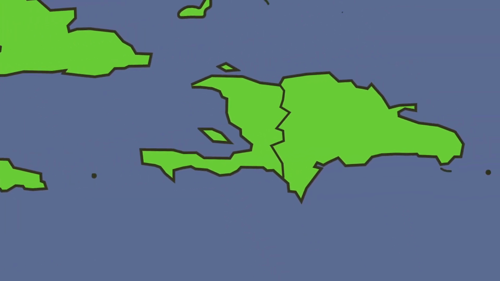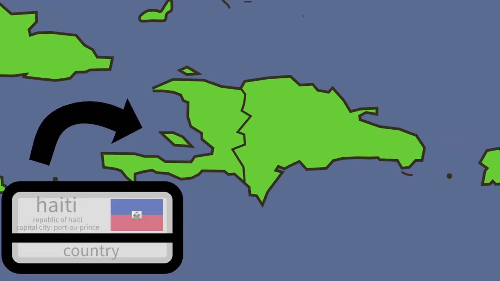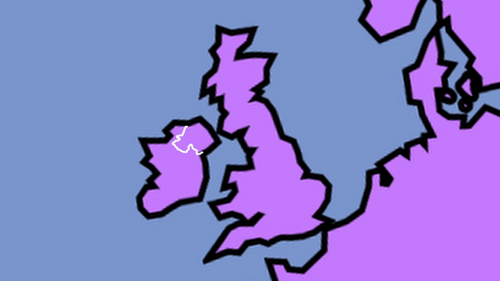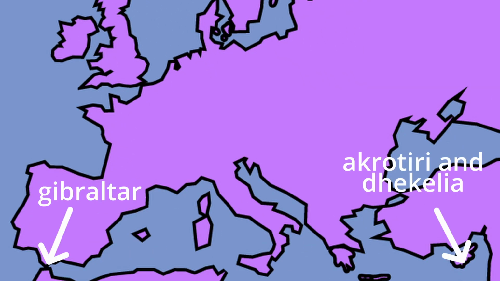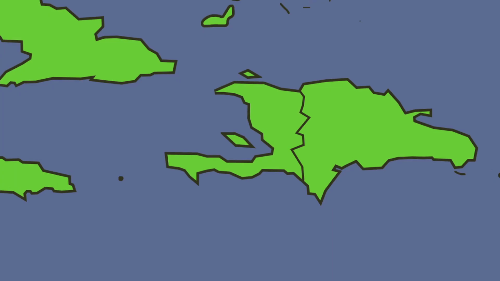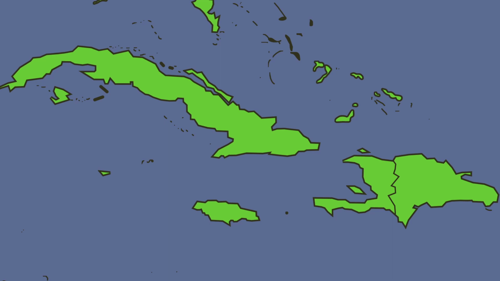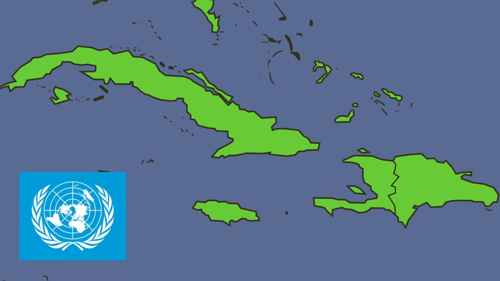Hispaniola is an internationally divided island between the countries of Haiti and the Dominican Republic. It is one of the only two pairs of countries that border each other, but not any other countries. The other one being Ireland and the UK, unless you count Gibraltar and Akrotiri and Dhekelia, which I'll mention in a bit. Also, Haiti contains Gonaïves Island. All four of these countries mentioned so far are fully sovereign as well as members of the United Nations, but